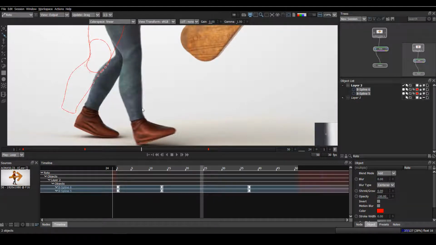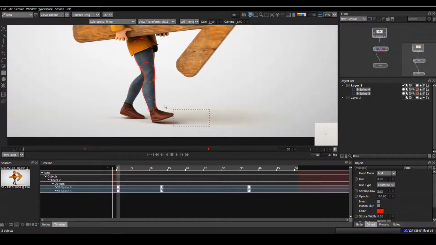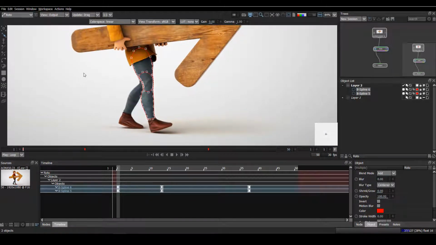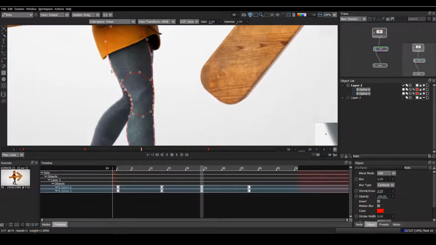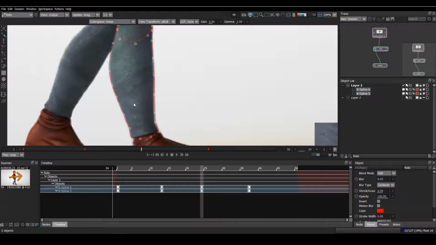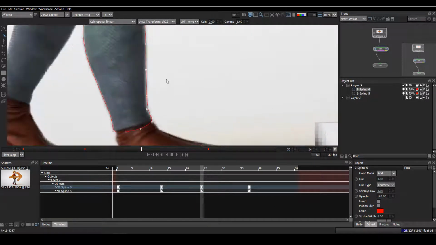So I can come to this frame, select all the points of both shapes, and press Ctrl Alt C. It will copy all the point positions. Then I'll go to frame 24 and press Ctrl Alt V, and it will paste all the positions of the earlier points. Now it matches more, and we need to edit a little bit, so I can do it manually.